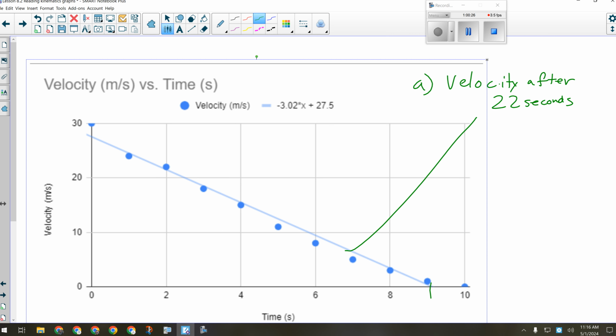I want you to calculate for me the velocity after 22 seconds, and the displacement of the object to 9 seconds. This is 9 seconds right here. I'll give you a few minutes on